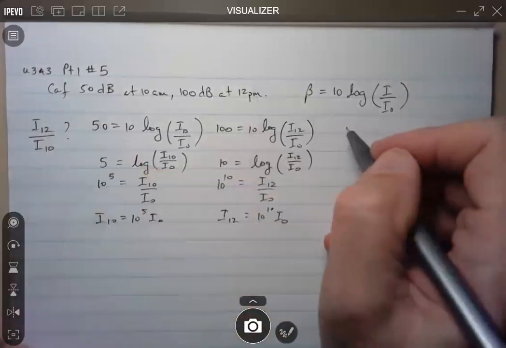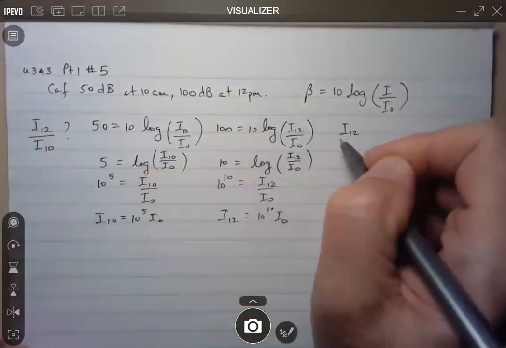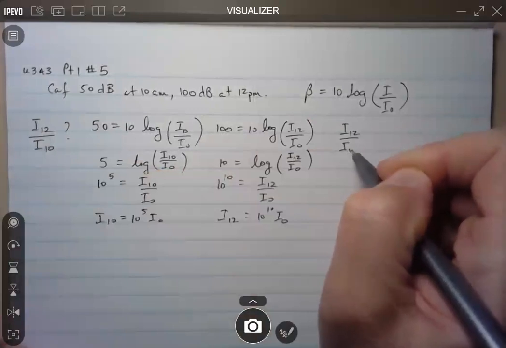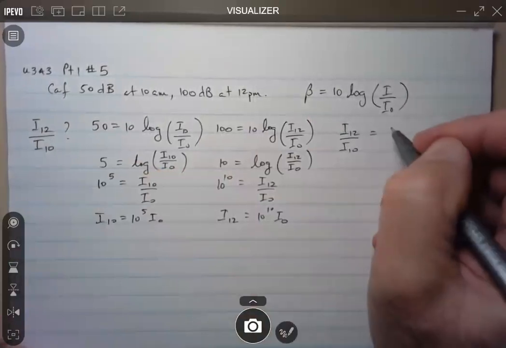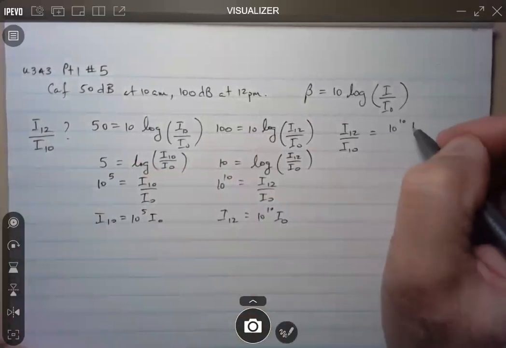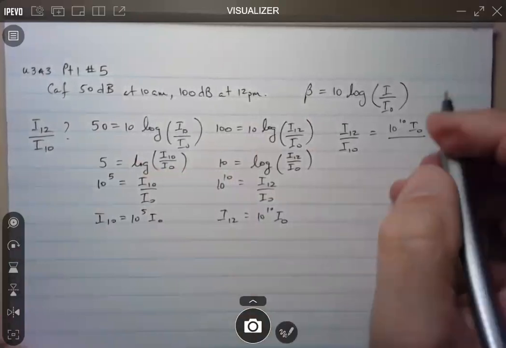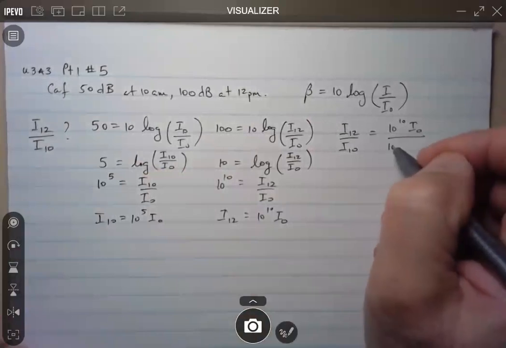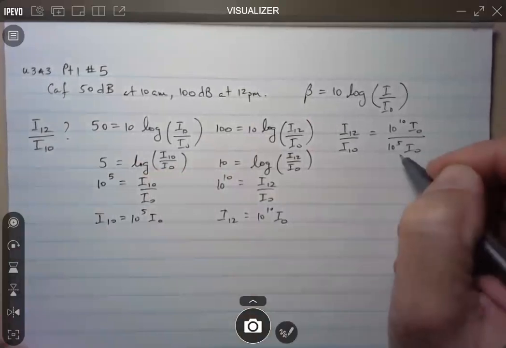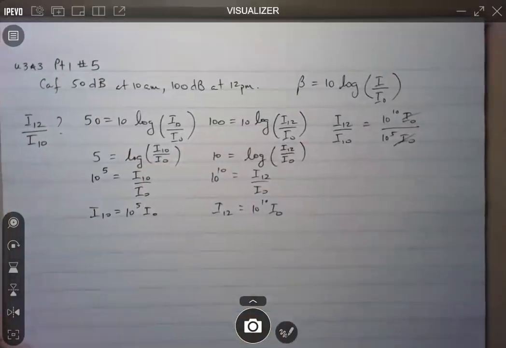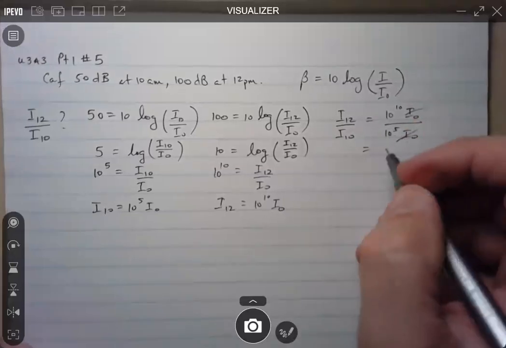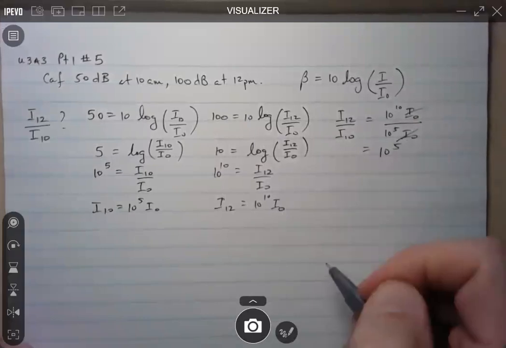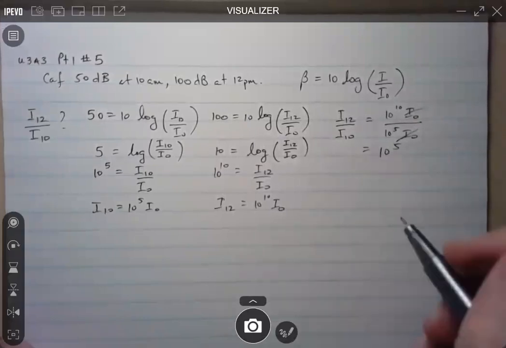And now I can find that ratio, which I was looking at. Okay, so I12 was 10 to the 10 I0. I10 was 10 to the 5 I0. As we've seen before, those I0s just cancel out. And now we have two powers with the same base. So I subtract, so 10 to the 5. So here we can say that